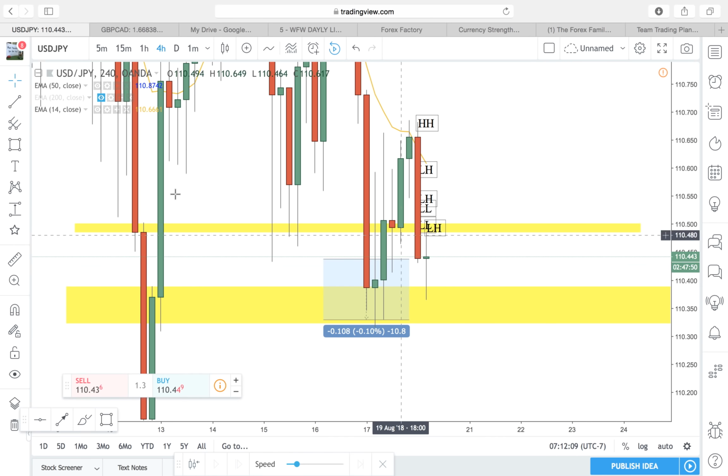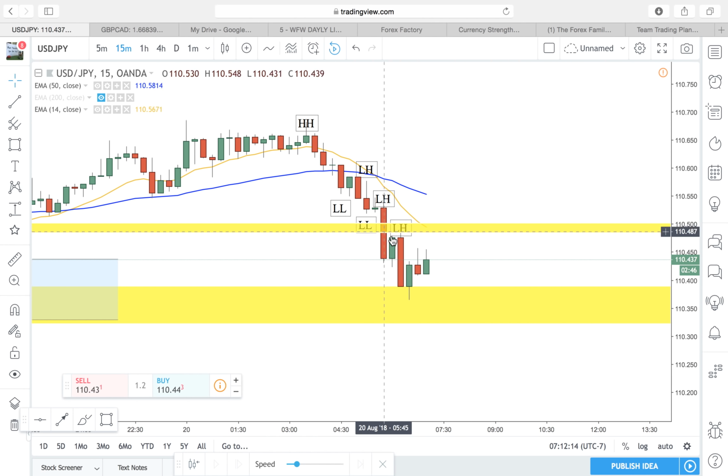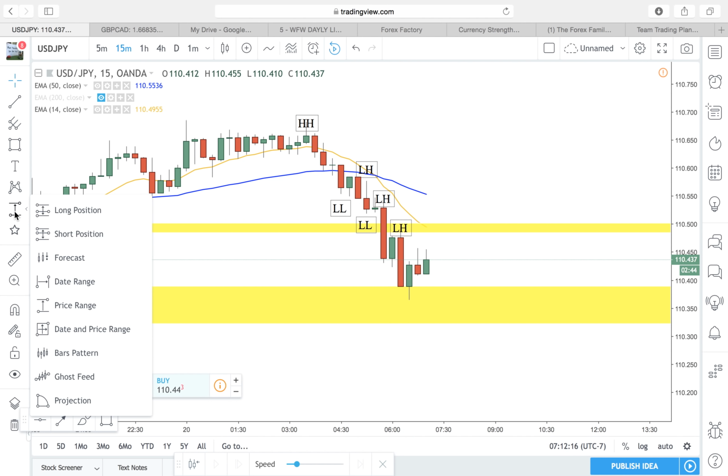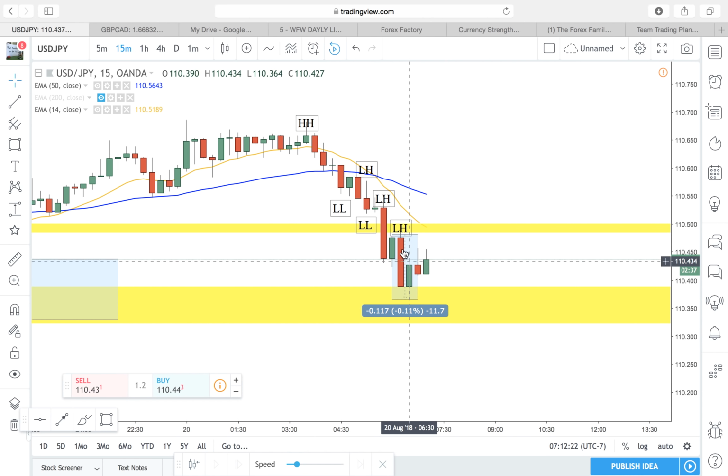We already know that we're going down, and so what we did was we waited for the pullback, and this was our pullback, and then we sell the lower high, and then price dropped. Boom. And that's already our profit target. That's our profit mark. That's what we're looking for. Already 10 pips. And our next zone was just 10 pips away.